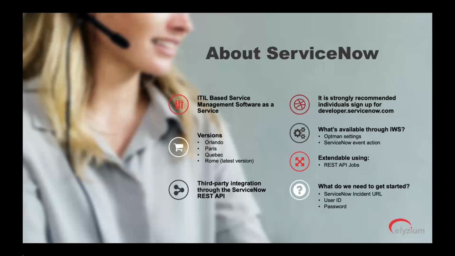So I strongly recommend, if you want to integrate IWS with ServiceNow, get your own developer instance and play about with it, get it all working properly, and then implement it within your internal environment. It's really good. Okay,